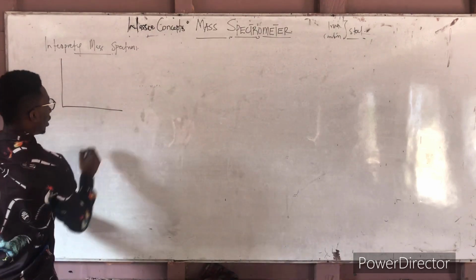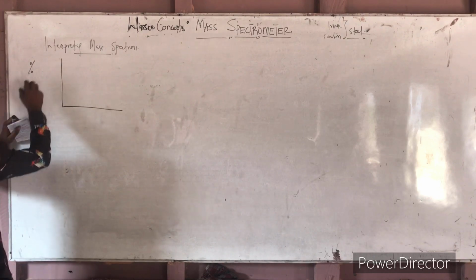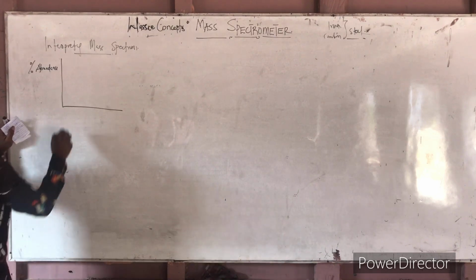The recorder will draw a mass spectrum, which is this graph of percentage abundance on the y-axis against the relative